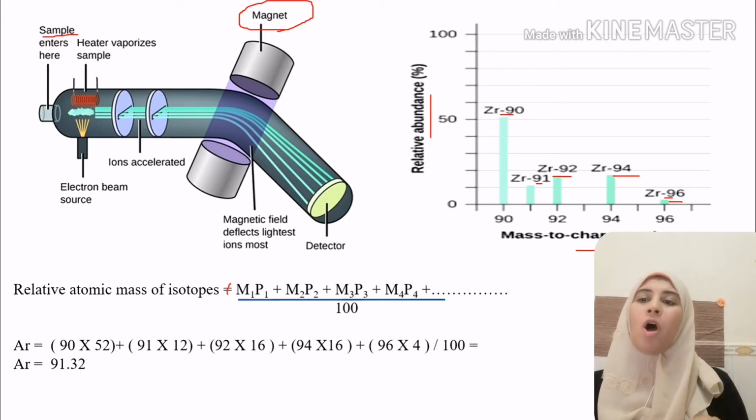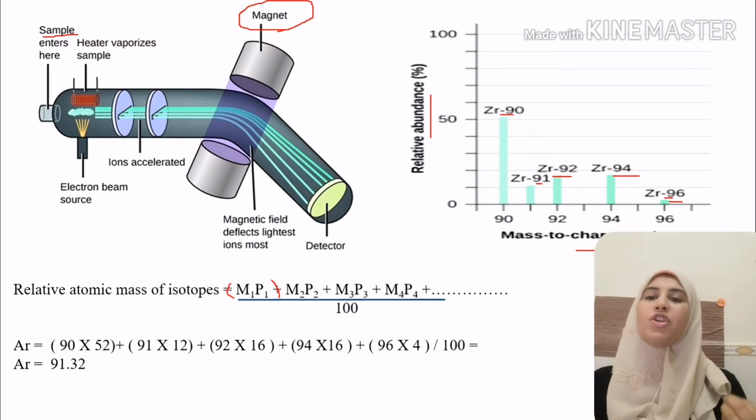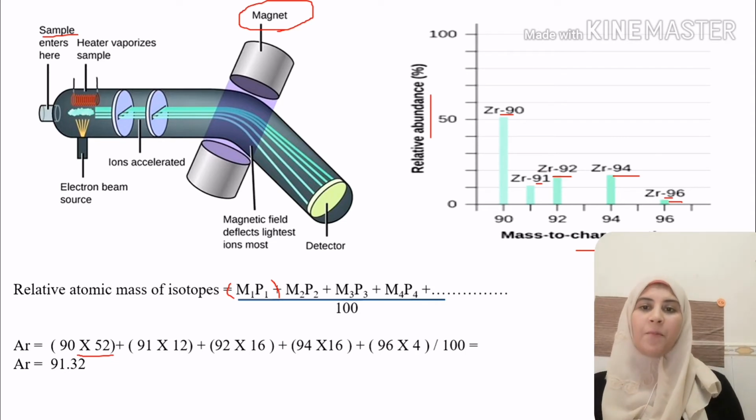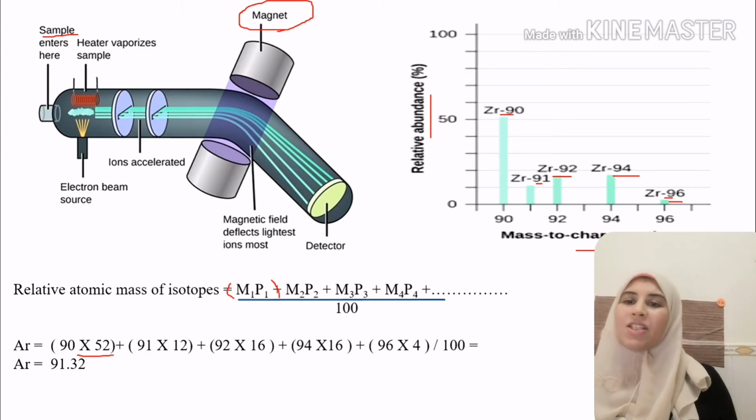At first, the atomic mass of the first one times its abundance. First one atomic mass is 90, its abundance is 52. So it is 90 times 52, plus the atomic mass of the second one times its abundance, so it is 91 times 12